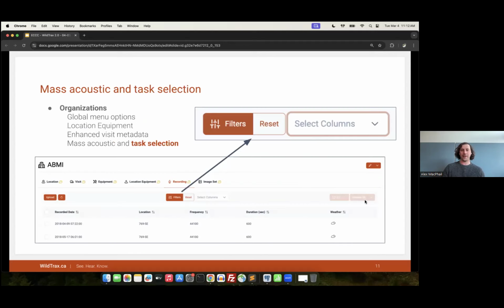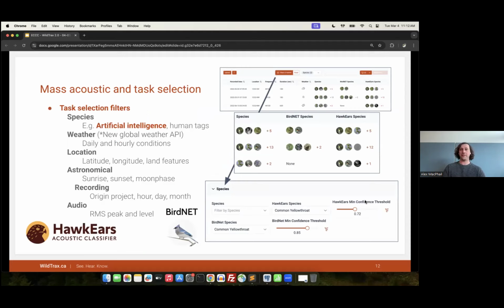Again, within the recordings tab, you're going to see this new filters panel that pops up right at the top of the view field that you see here. And what this allows you is to be able to filter those recordings so that you can more effectively create tasks for projects for the data, or for the questions that you're trying to answer. And so effectively within the filter panel, you're going to have a series of different groups of filters available for you.